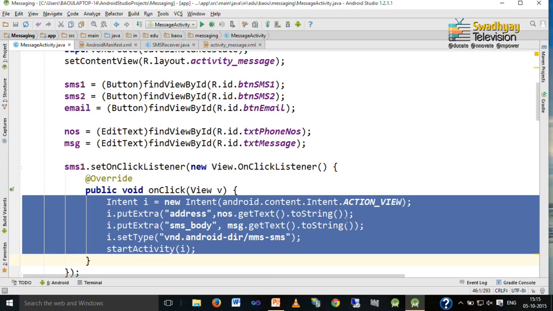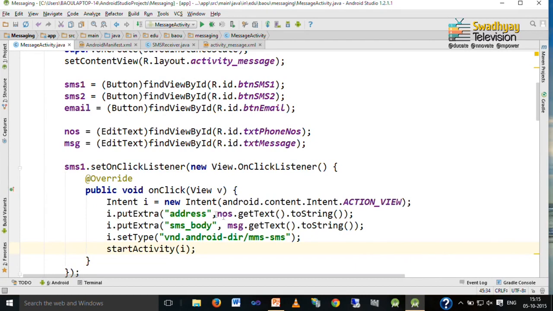send SMS. This coding part we have already discussed in theory, so you can understand how it works, but what we have changed is that instead of taking a static number we take those numbers from the edit text, and instead of sending a fixed text message we take the message from the edit text.